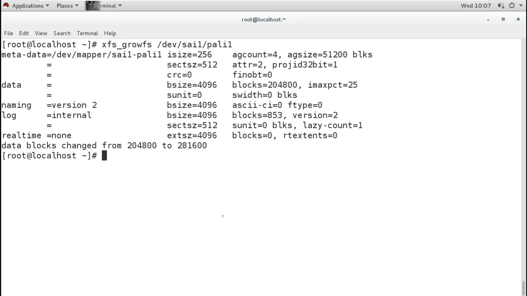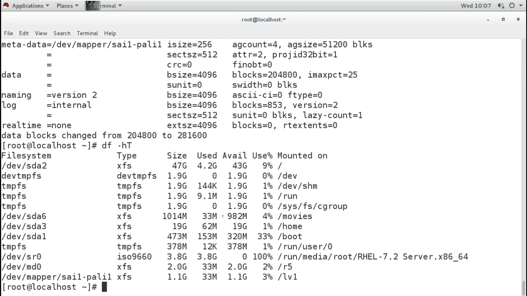So now when you check the size of the partition, you can see it is showing 1.1 GB, that is 1100 MB, and that is exactly the size we have extended. So the file system is also extended.